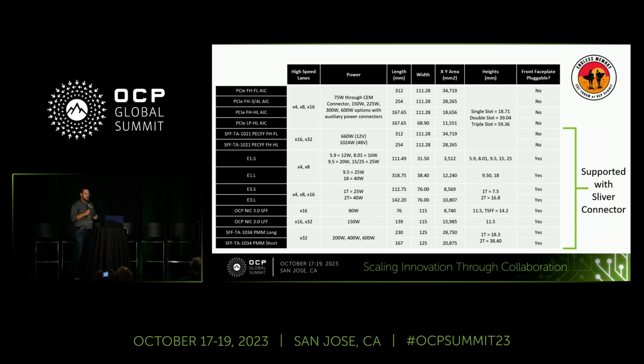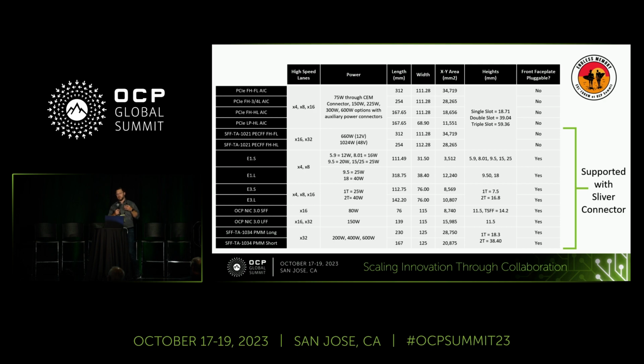So you'll see PCIe add-in cards. There's a variety of different lengths and heights, different slot counts. The EDSFF, whether it's an E1S, an E3, an E1L, OCP NIC, and then at the bottom I have the 1034 card. And one of the biggest differences that you can see is the size, right? If you look at the XY area in square millimeters here, these are really what limit your use cases, right? If you have a bunch of DRAM, maybe that fits in a certain XY area. When you think about accelerators and all the components, those are going to drive not only larger space,